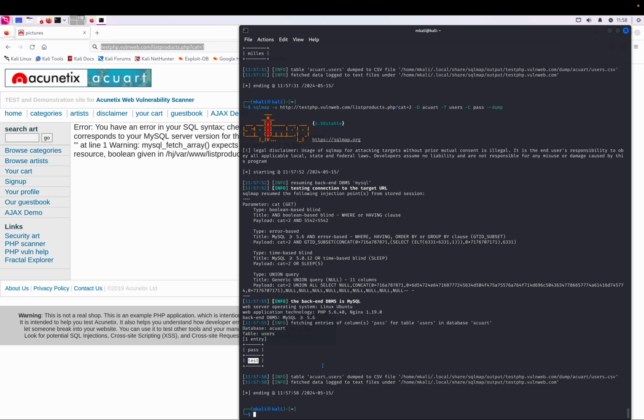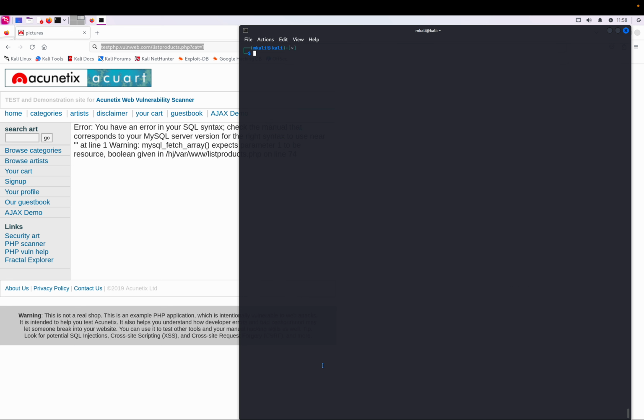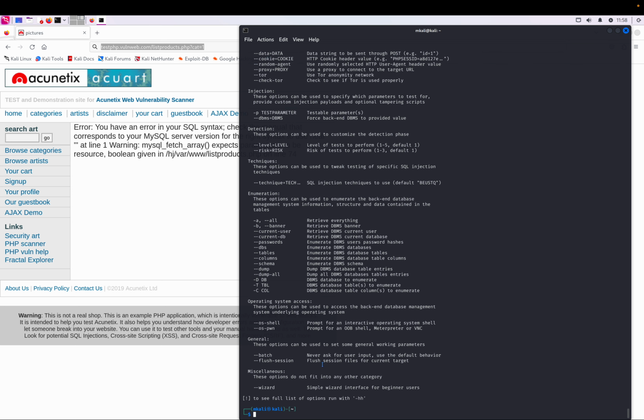So this is a powerful tool, but remember to use it with caution, not on websites that you're not authorized to use. There's also an option to list everything instead of listing one column, which is to dump all